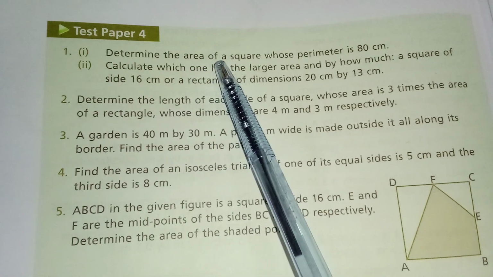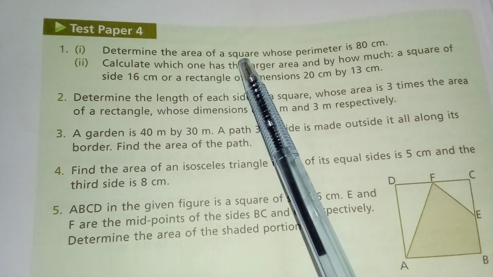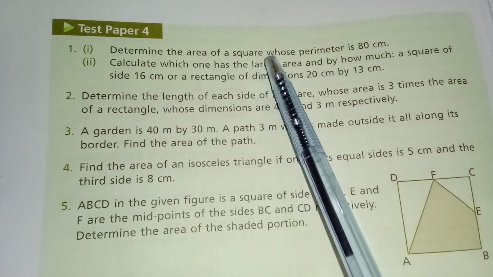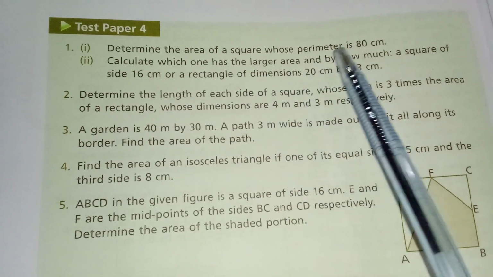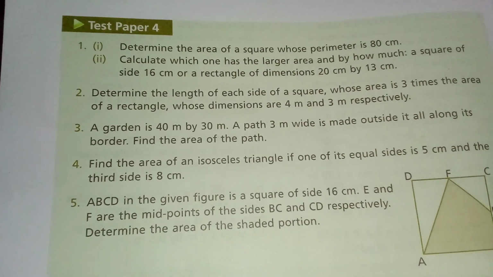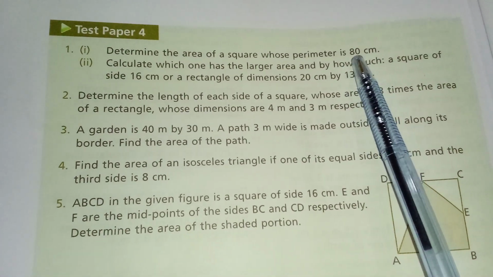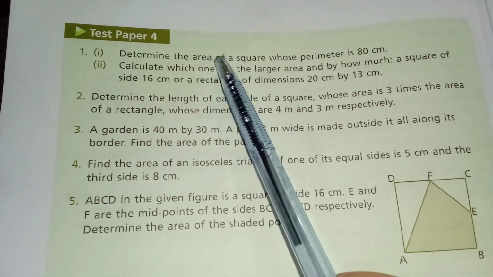For the area of the sphere, as we know, the area of a sphere is equal to side multiplied by side. So first of all, we have to find the side of the sphere with the help of the parameter. You have to put the formula P is equals to 4L. Then you have to find the value of L, and then you have to find the area of the sphere.